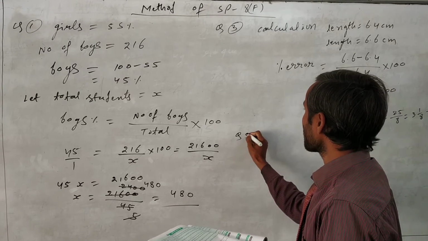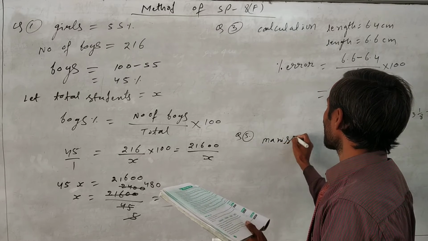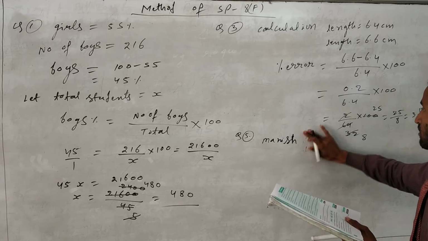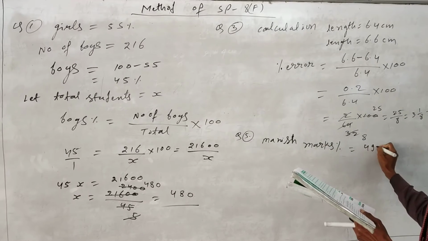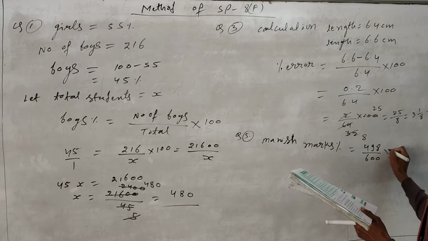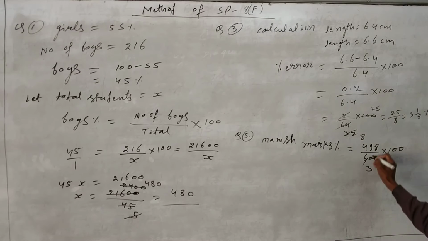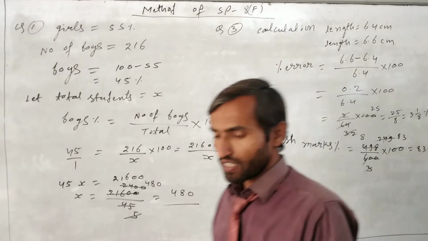Okay. So in question number 5, as you see here, Manish's percentage marks is equal to, write down like this, 498 upon 600 into 100. So we can cancel out 2 zeros here. Now by the 2 table we can cancel, 3 ones, and this one is 24 and then 9 will come. Now we can cancel by the 3 table. So 8 and this 3. So it will come 83%. Okay. So Manish's marks percentage is equal to 83%.